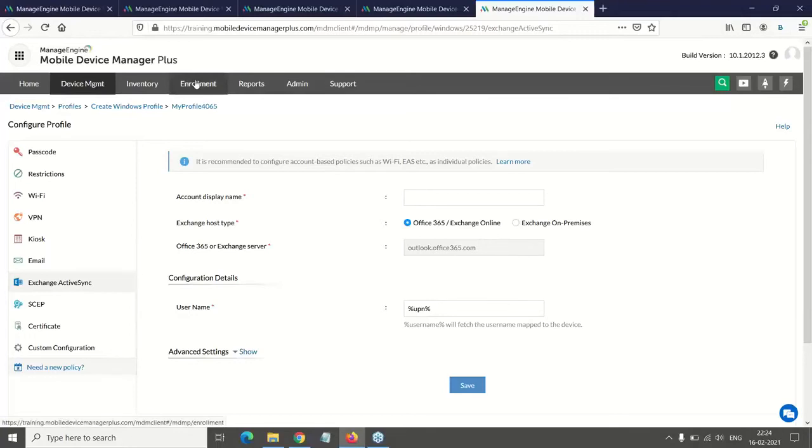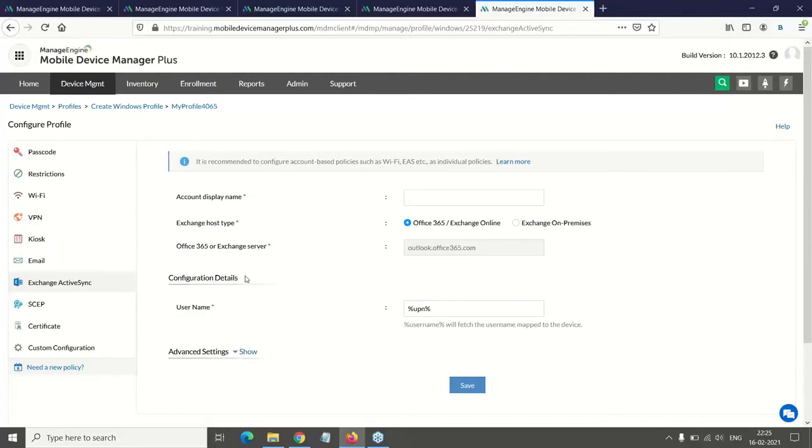So based on that, the corresponding email account will be configured on the mail client on the device. So these are all the basic settings and configurations that you deploy to the device for smooth functioning of the devices in an enterprise environment.